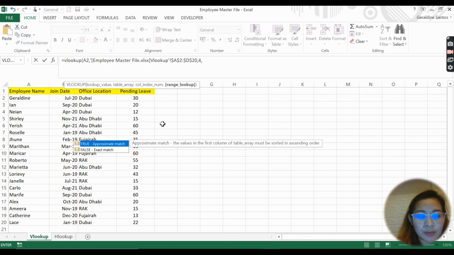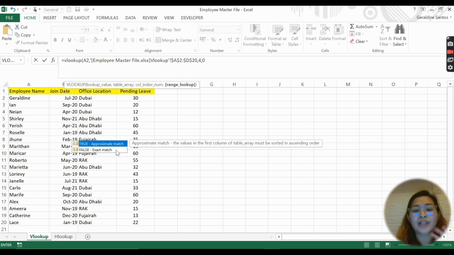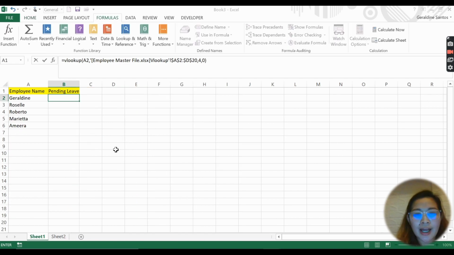Then comma, you will put false, which means you need to do the exact match. If you put 1, it means true, approximate match. So even if it's just Gerald, it will find. But you need to look for an exact match, Geraldine. That's why it becomes 0. So guys, if you're making a formula, it's always 0. And then close parenthesis and then enter.